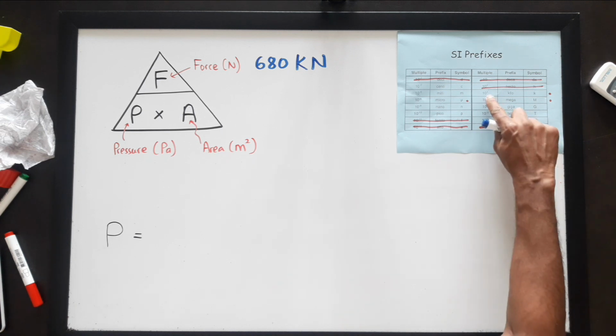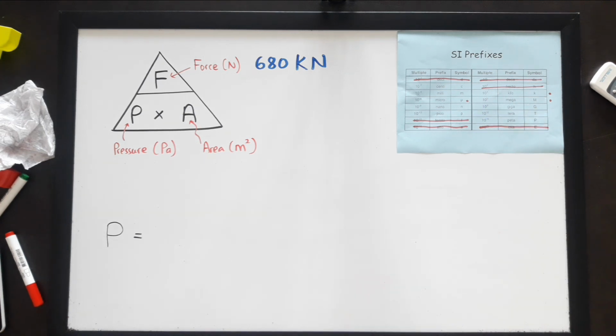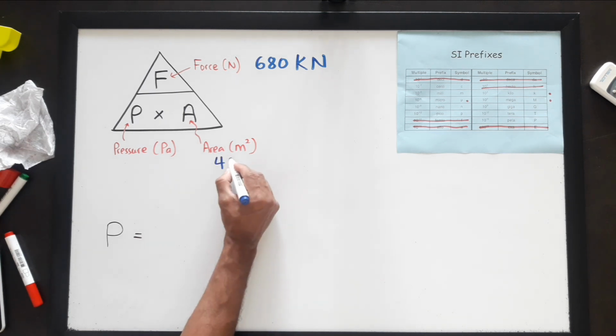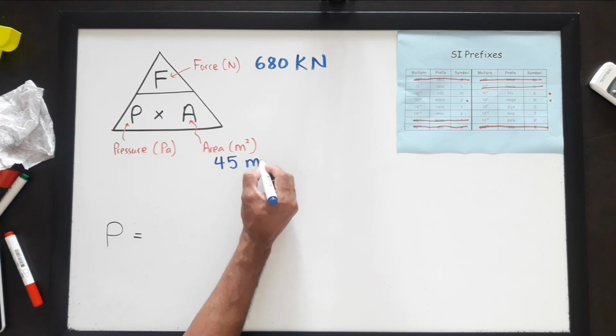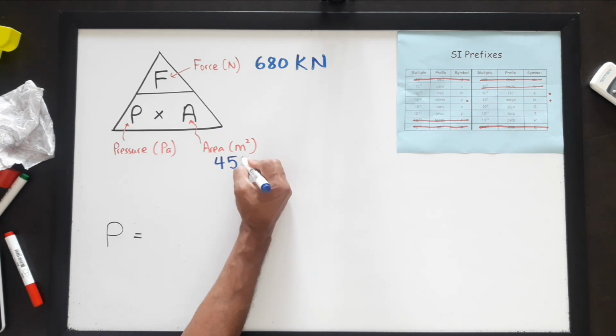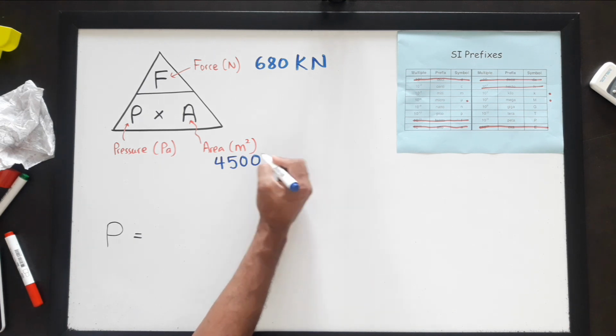Right? But I'm going to put the 10 to the power 3 when I'm using the calculator. But I'll get to that just now. And let's say that the area was, sorry, let's make this a little bit harder, 4,500